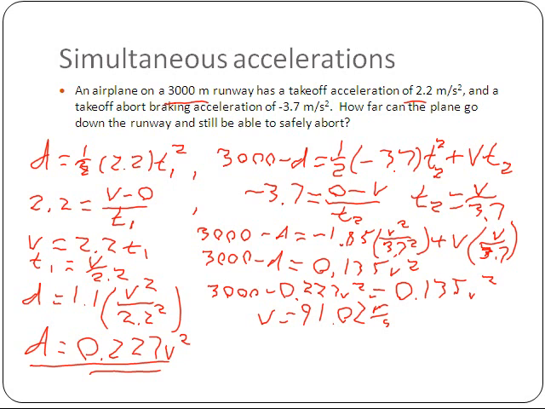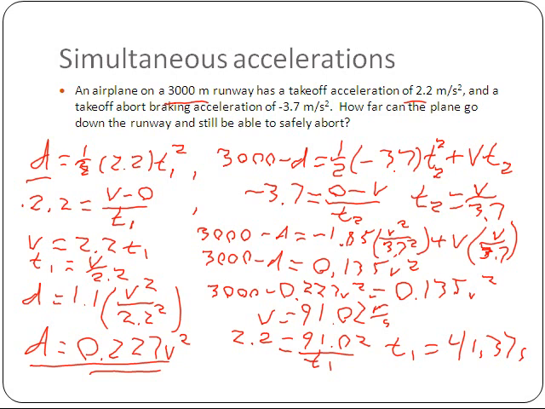But the question is, how far down the runway do they go? And so I've got to get from v to d. I'm looking for really the d right there. That d doesn't have any v's in it, though, for that equation. So I'm going to have to put it into the one below it, and use that to find the t, and then solve that out. So I would say right here that 2.2 is equal to the velocity, 91.02, over the time, t1. Solving this, we get that t1 is 91.02 divided by 2.2, 41.37